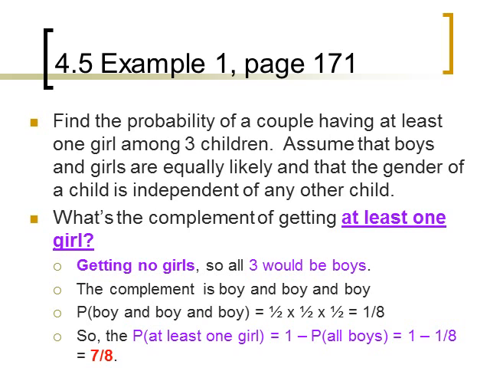So the probability of getting a boy 3 times in a row, since we're using the word and, we're going to multiply those 3 separate probabilities. And since gender is equally likely, the probability of having a boy in each birth is 1/2. So we get the probability of a boy and a boy and a boy is equal to 1/2 times 1/2 times 1/2. And that equals 1/8. But remember, with these, you have to always look back at what you were originally solving for. We were originally finding the probability that they have at least